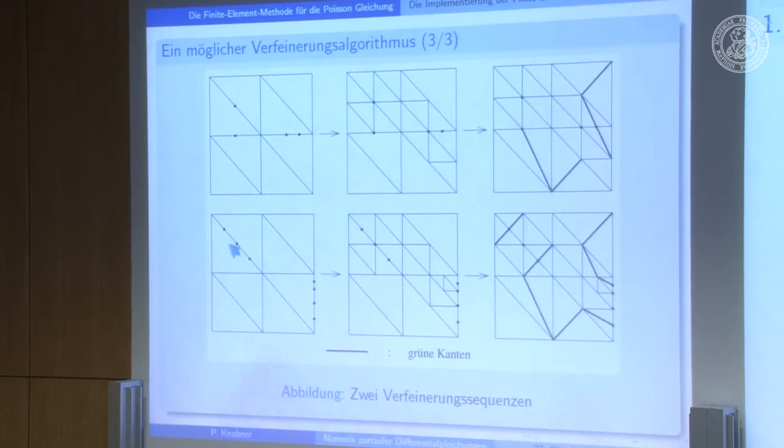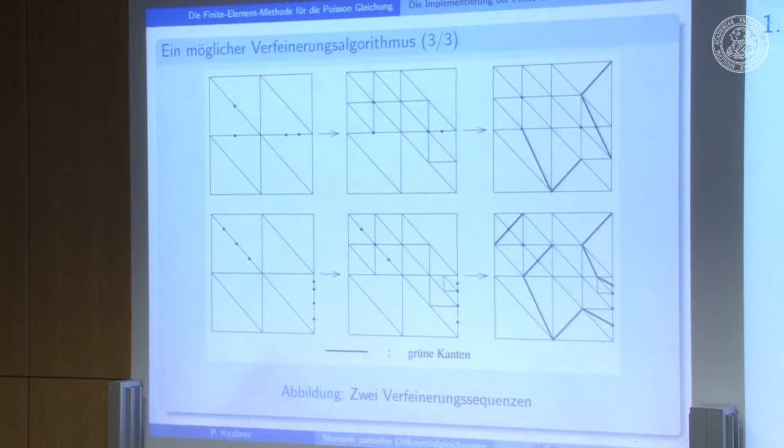And doing the same thing again with another example. So first we have to subdivide this one into 4 triangles, and this one, this one, and this one. Here we are not yet done, so we have to further subdivide this one here again. And now we are in a situation that only 1 additional node appears. And now we have to add the green edges. Okay, that would be a possibility, a simple refinement strategy